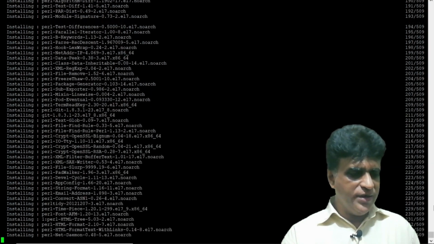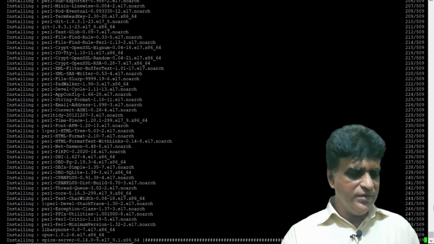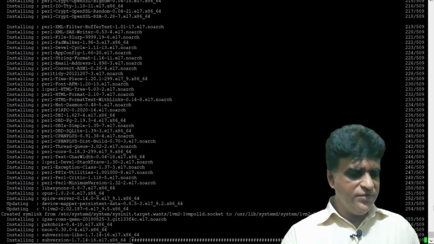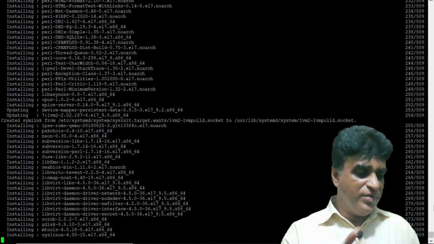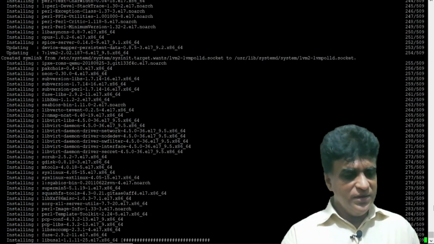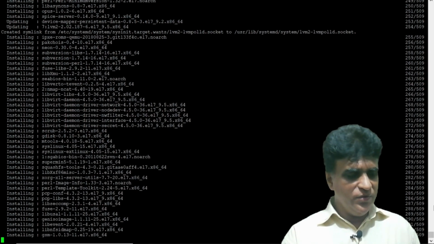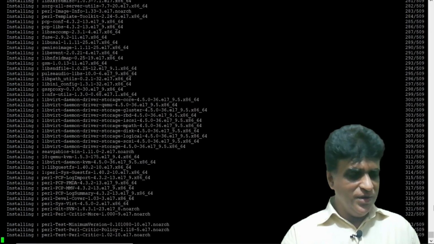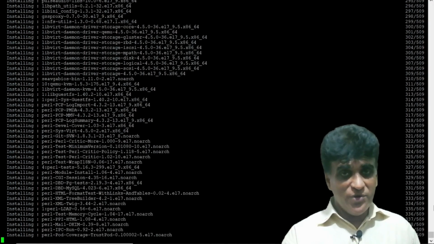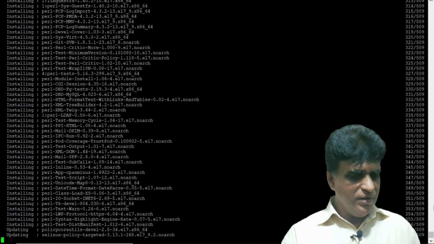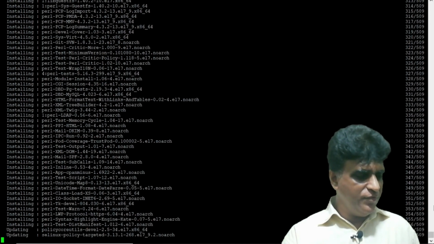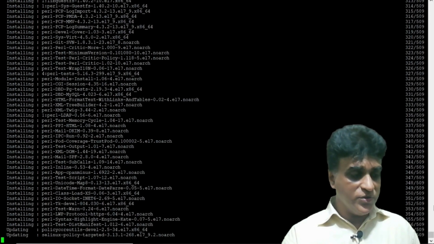Now around 200, 230. That is very fast. These are not files of Windows. Windows files are very heavy, but these are very light files. You can experience that when you are installing. All Perl modules I am installing. Sometimes you have to install all Python modules, Perl modules. Definitely, we learn Perl, Python, everything, right? For open source development, that is very important.